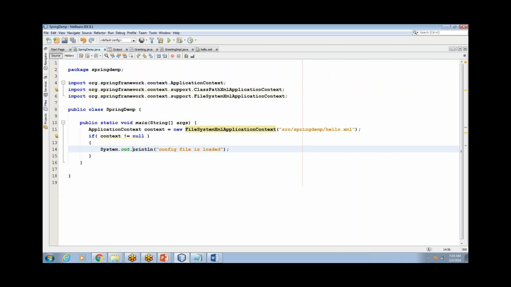So once the file is loaded, I can start detailing it. So I'll create greeting